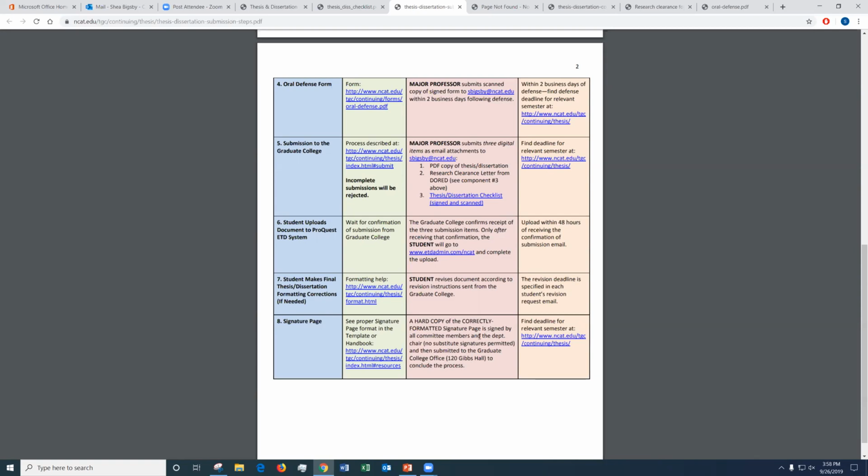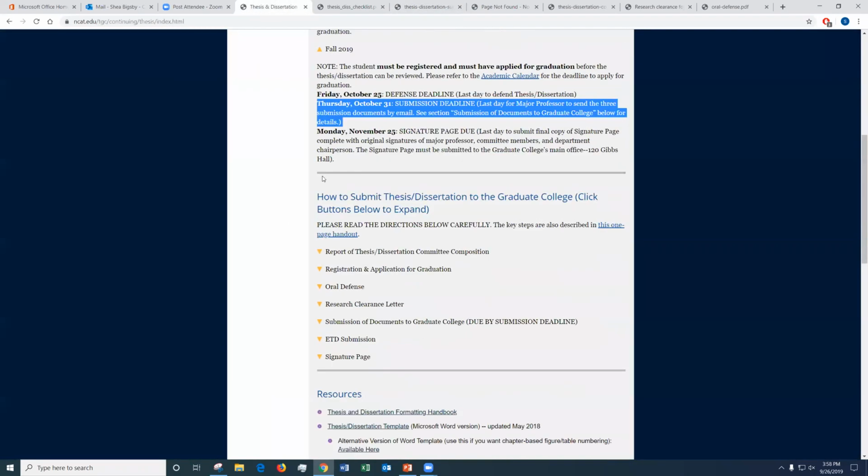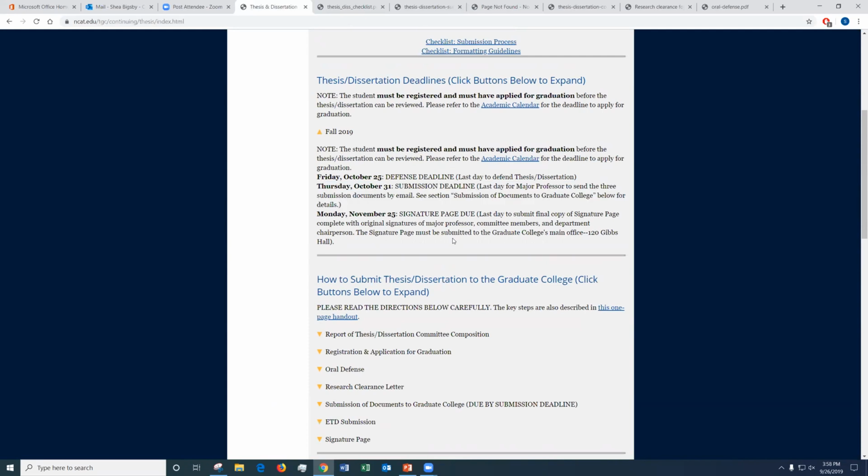We obtain the graduate dean's signature at the end of the semester, and we share the completely signed version back to the department for safekeeping. And that completes the thesis or dissertation process, okay? So that is the process in a nutshell. Again, all of those pieces are also described on our website point by point. And I want to drill down into them to show you what they are